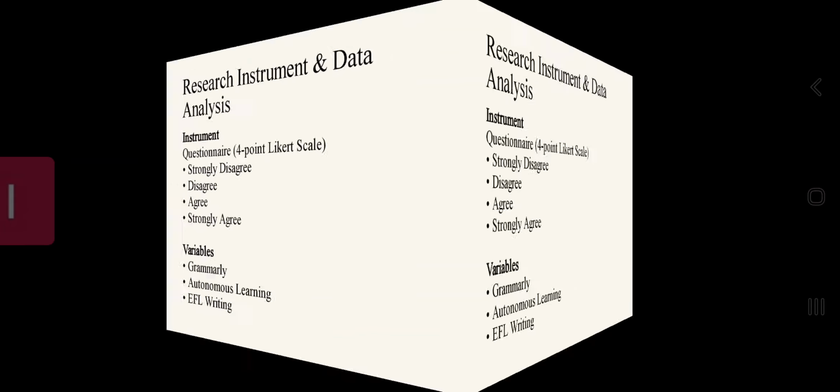Here I have the research method. So for the method, I will use quantitative. The researcher will use the quantitative research, and for the design, the researcher will use descriptive survey. The participants will be undergraduate EFL students of English Education Program Universitas Terbuka, and the time of the research will be from March 2027 until June 2027. The sampling will use simple random sampling, and expected participants will be 30 to 50 students.